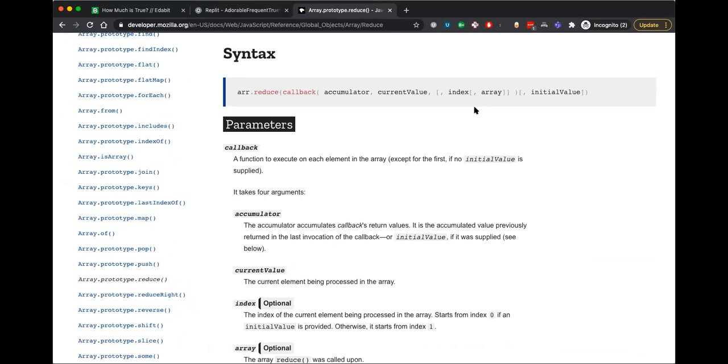Okay, this is passed in the end of the reduce function, like after the callback function has ended, it is passed as an argument to reduce itself.